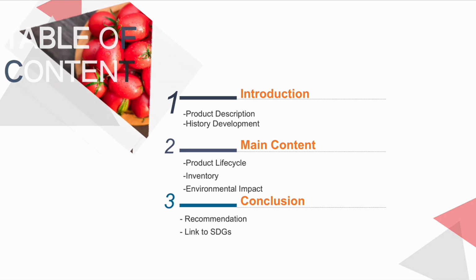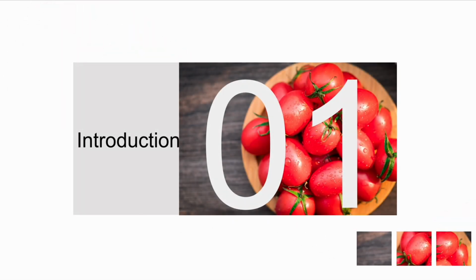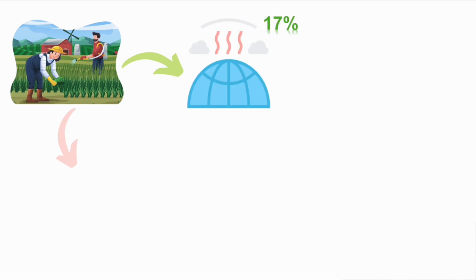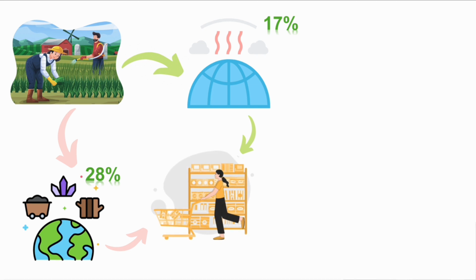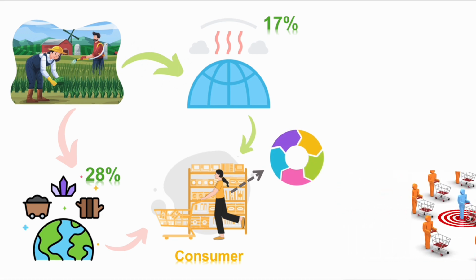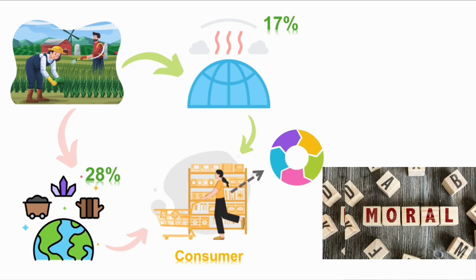The agri-food chain is one of the sectors with the greatest impact on the environment, with the food and beverage value chain responsible for 17% of direct greenhouse gas emissions and 28% of the use of physical resources, and has therefore been identified as a priority area of concern in terms of sustainability. Consumers are also becoming more aware of the damage these products cause to the environment, and future consumers will consider ecological and ethical standards more when choosing foods.